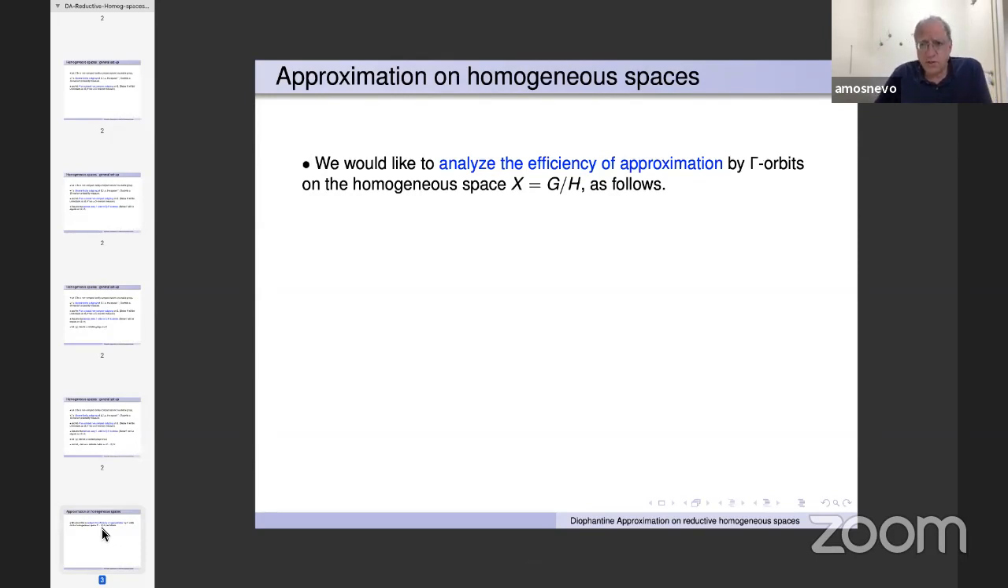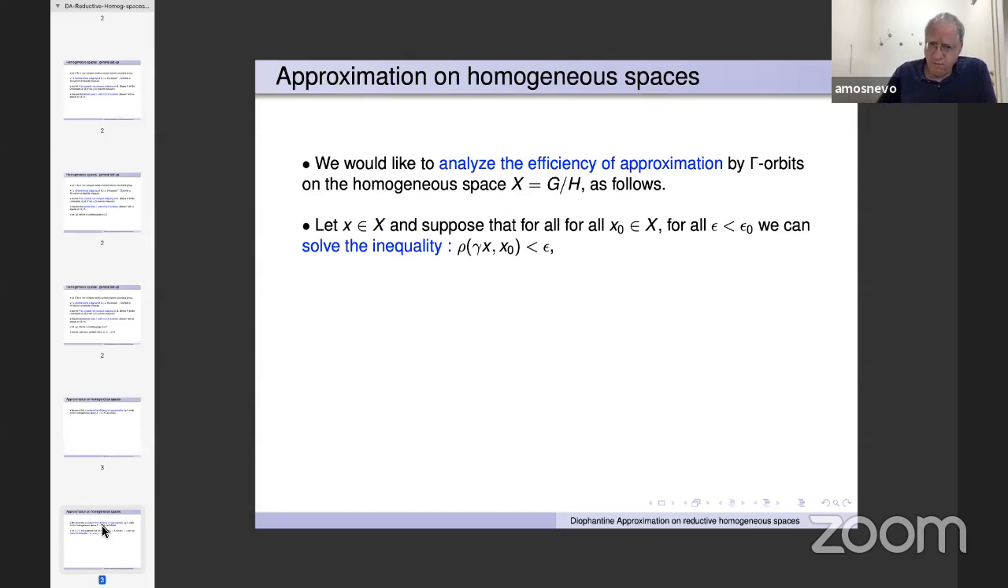And what we would like to do is to consider approximation on homogeneous spaces. Namely, we would like to analyze the efficiency of approximation by gamma orbits on the homogeneous space X equals G mod H. And we give this a very precise meaning as follows. We fix X in X, and we suppose that for all X0 in X, and for all epsilon less than epsilon naught sufficiently small, we can solve the inequality that says that the distance between gamma X and X naught is less than epsilon, meaning in particular that the gamma orbit of X is dense in the homogeneous variety,